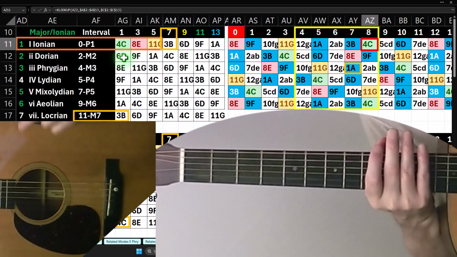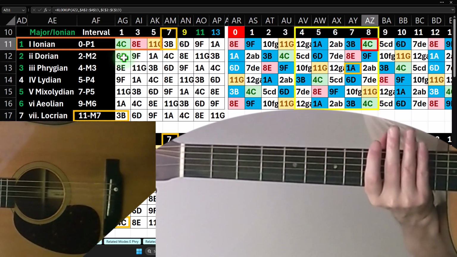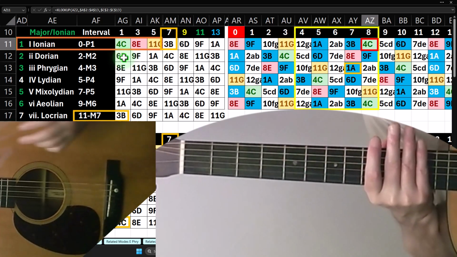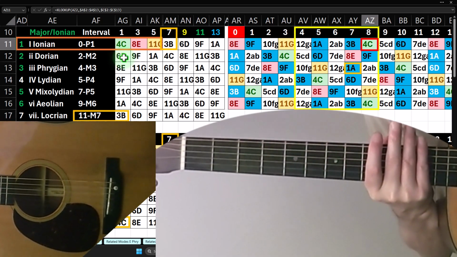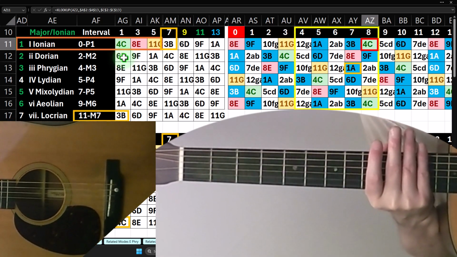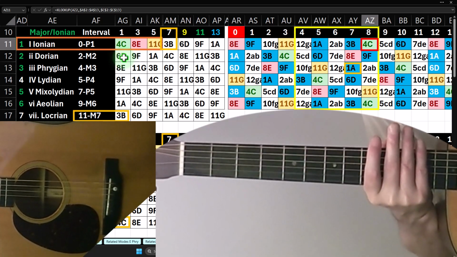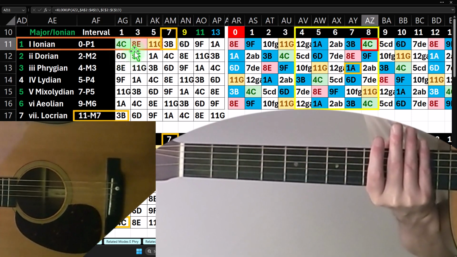Once we learn the interval positions, those are also, in essence, movable shapes. And they also, of course, are going to be very helpful for chord construction, for us to analyze chords, figure out what's happening, and then construct chords. All right, so